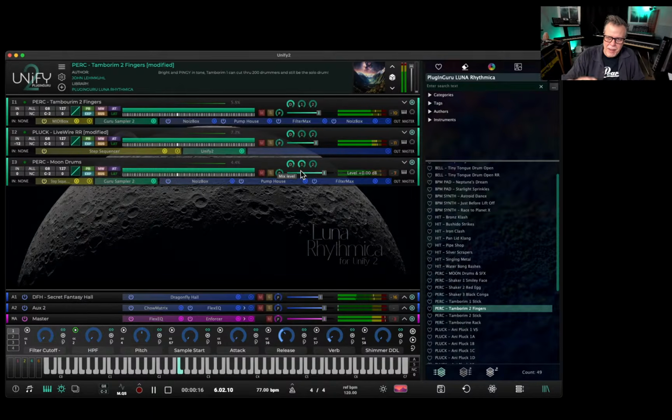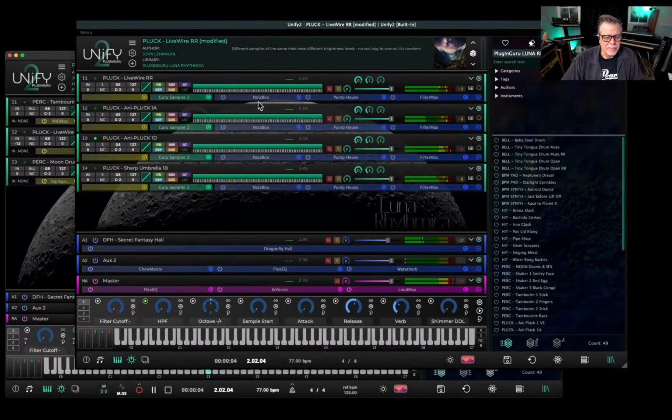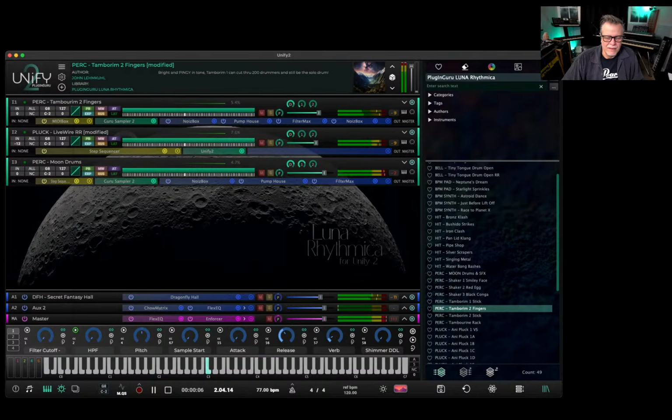Especially when different samples have their own ambiances and stuff in it. Pretty cool, right? So that's kind of where we're going. We're heading towards the moon. We're not there yet, but